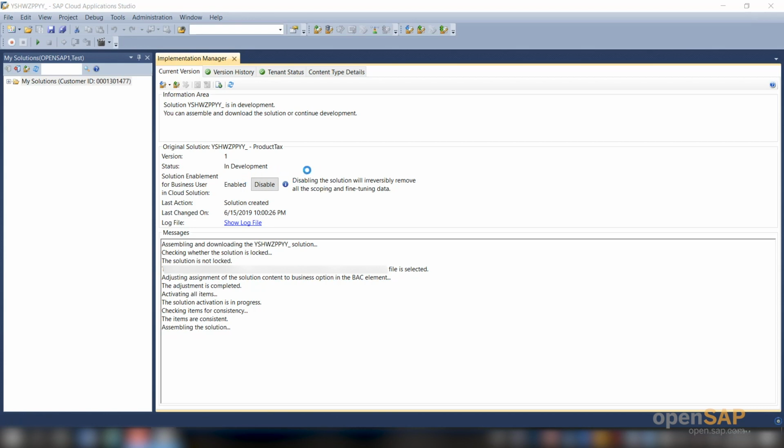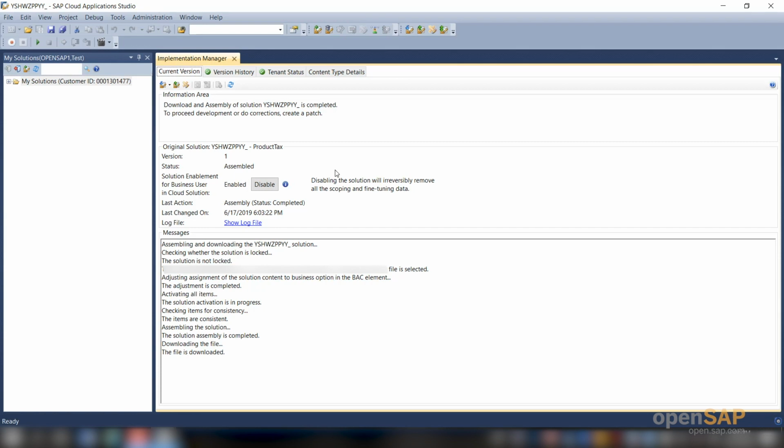I have already provided the location. Now it says the items are consistent. Assembling the solution, assembly is completed. Downloading, the file is downloaded. As I mentioned, you can see the status of the solution has immediately changed from in development to assembled. Now if I try to open the solution, there is no way that you could modify any content as part of the solution.